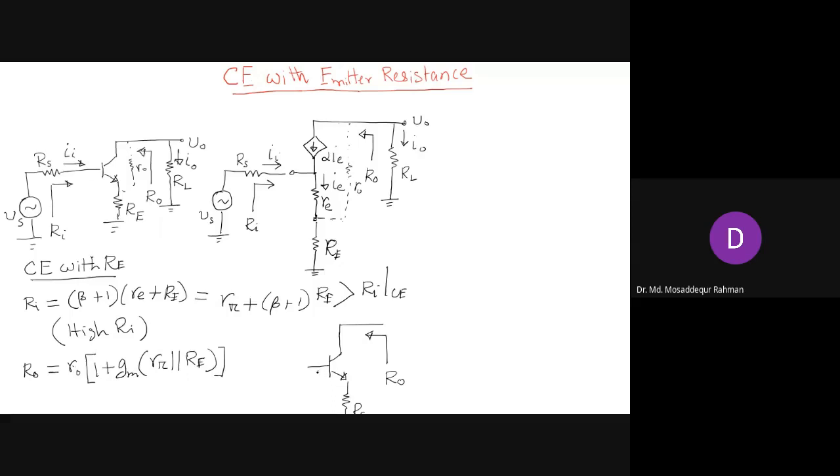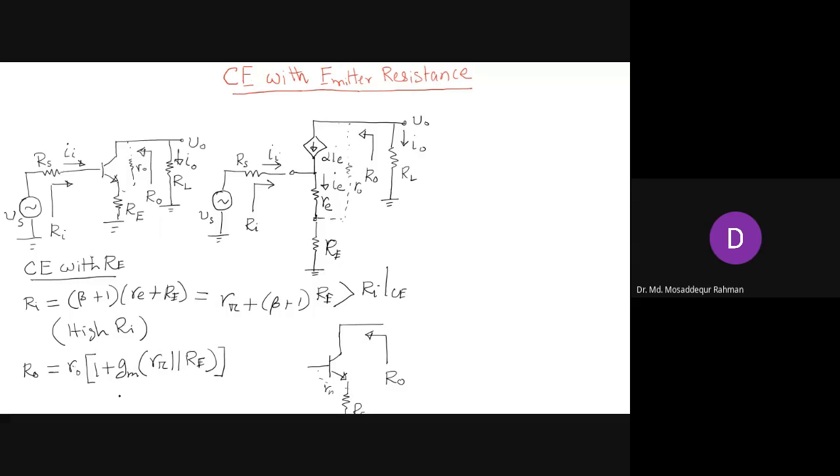R pi is the resistance between the base and emitter, and this is our RE. And so that will be our output. We are showing this without the derivation. It takes some time to derive the expressions, so it's not important, but what is important is the circuit analysis basically. What is important is that you know this expression, the implication of this one,